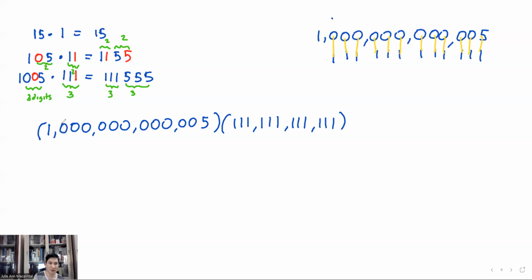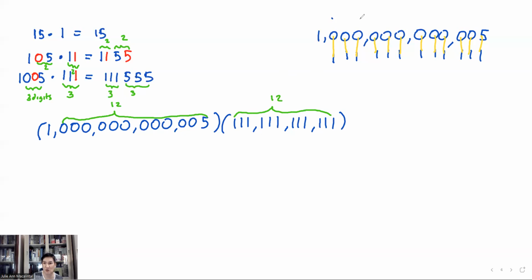So here from here up to here, 12 digits, and then from here up to here we also have 12 digits. They correspond, right? So here you will get